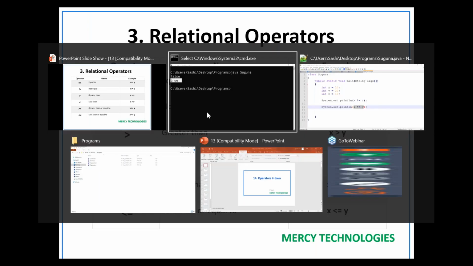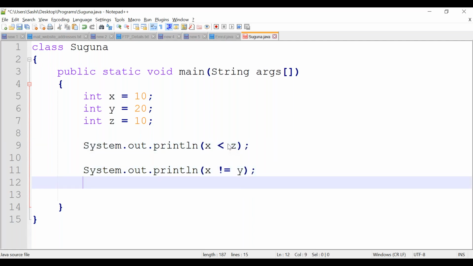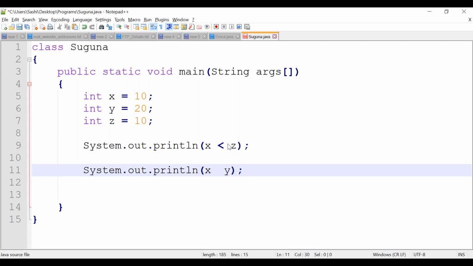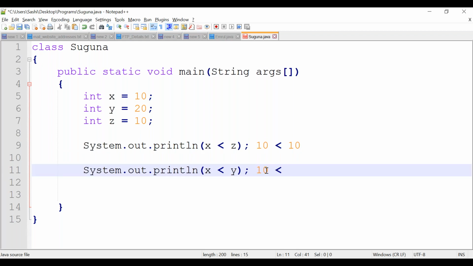Correct. Let's check greater than and less than. Instead of equals, let me go with less than. What are you checking here? It checks whether x is less than z or not. What is the x value? 10. What is the z value? 10. False, both are equal. It is not less than or greater than, right? Let's check with this: x is less than 10, and we have mentioned y. Y is 20.